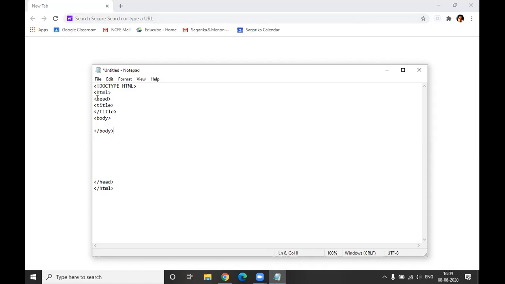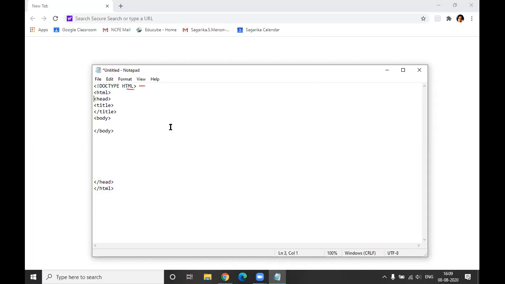Yes, sir. Okay, so what we have done, whenever this particular file would be read by a browser, it will always do it from the top. Browser will first come to this particular line. Browser will see, okay, this file is of type HTML. We have an HTML tag.